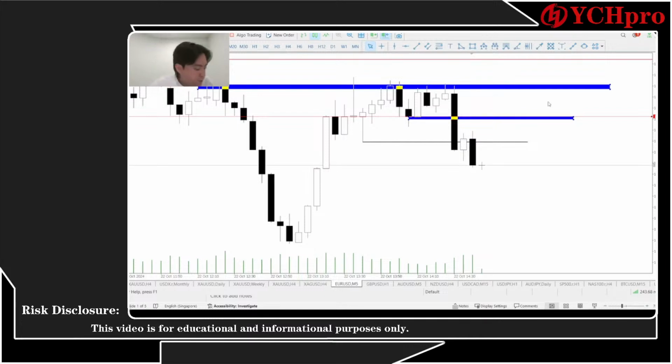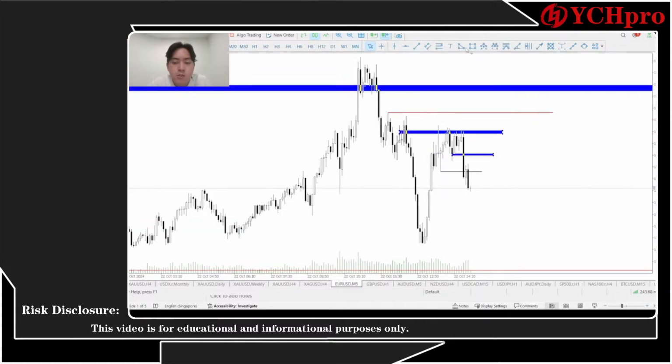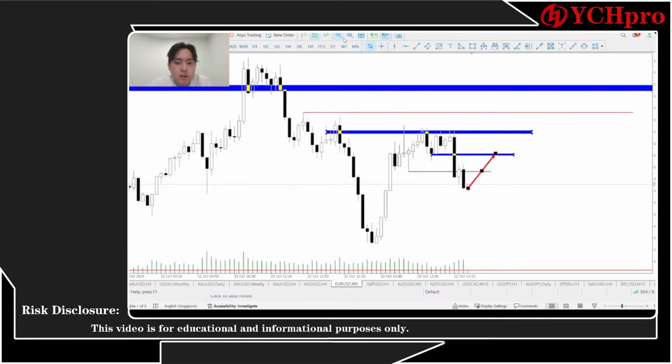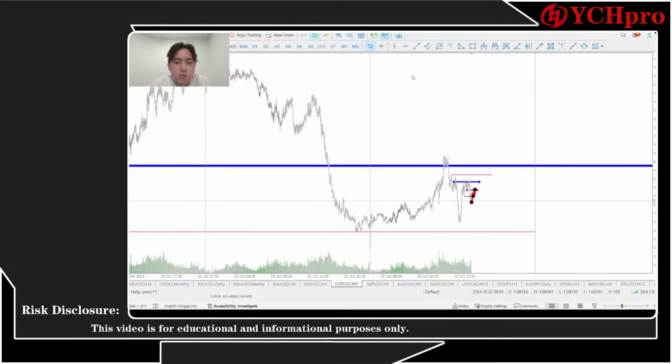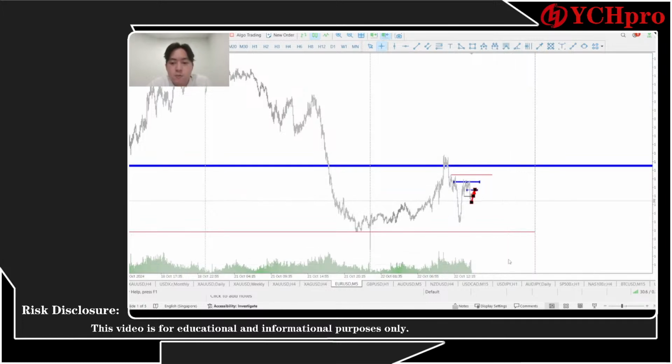Okay, so we can wait for the price to reach this area. Once the price has grabbed the manipulation here, there's a chance that the price will go back to a last high, so we can try to do shorts from here, putting our stop loss maybe around 5 pips if you want to. If you want to be safer, I think you can put 10 pips, and getting maybe around 20 or 30 pips should be fine. 1 to 3 should be good. So you can get it by 1 to 30 pips.